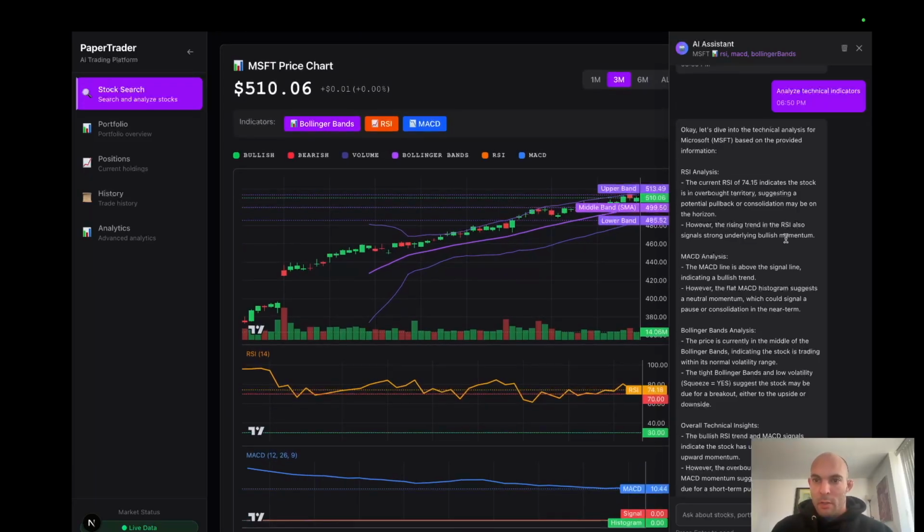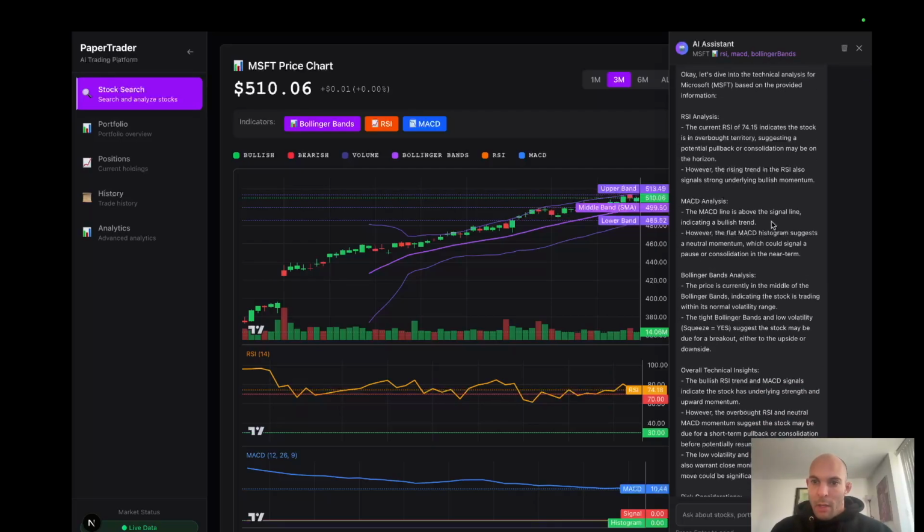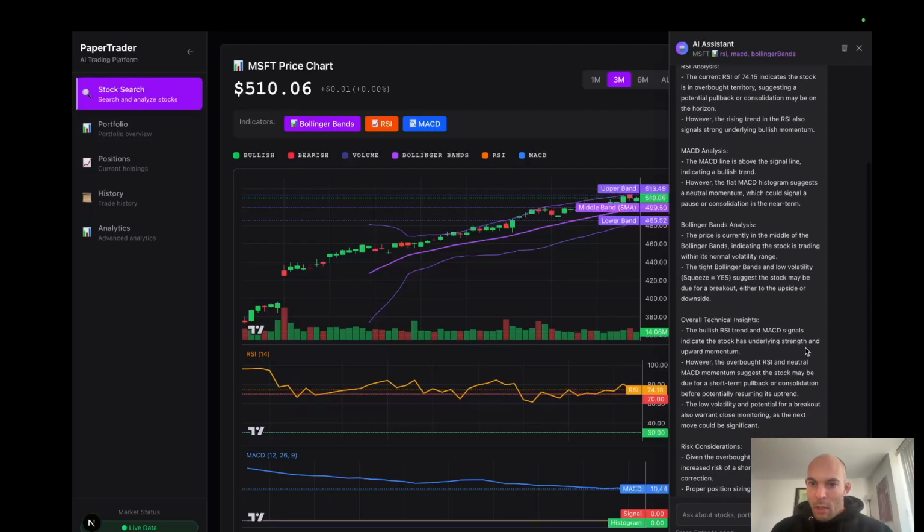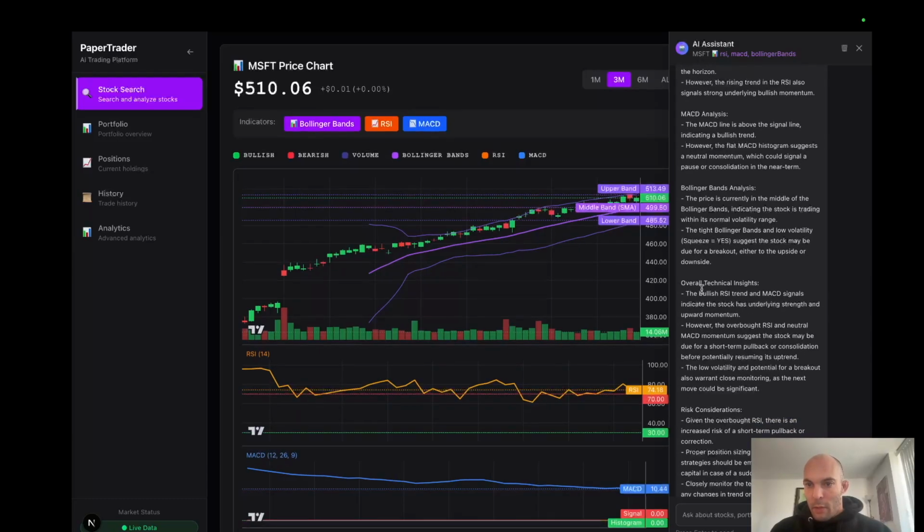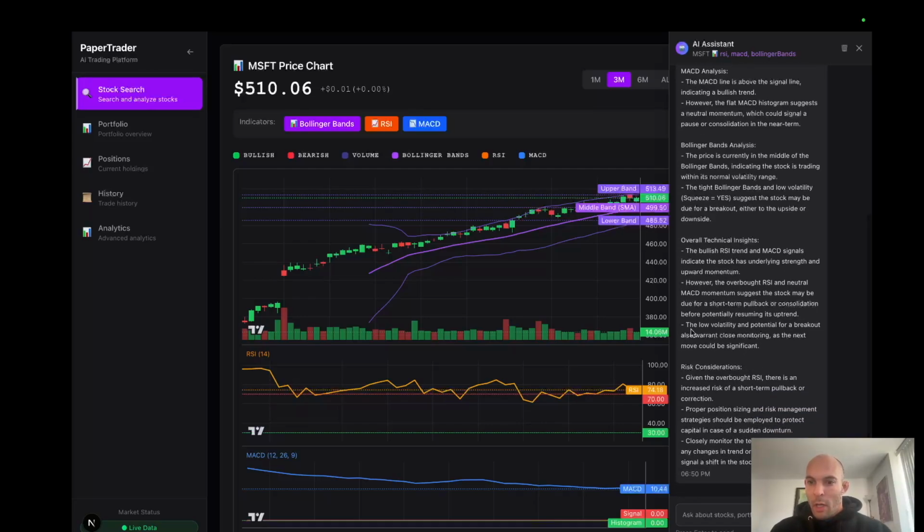It gives us a breakdown of the technical analysis indicators, such as the RSI, MACD, and Bollinger Bands, and then an overall technical insight: the bullish RSI trend and MACD signals indicate the stock has underlying strength and upward momentum, and then a risk